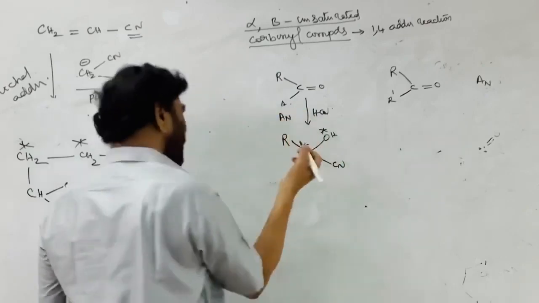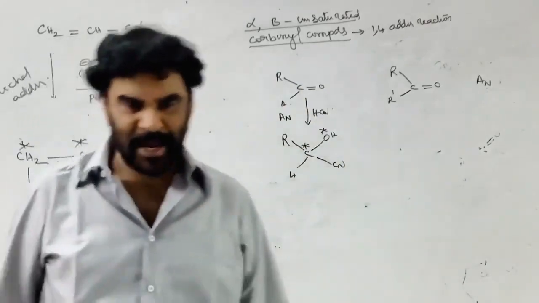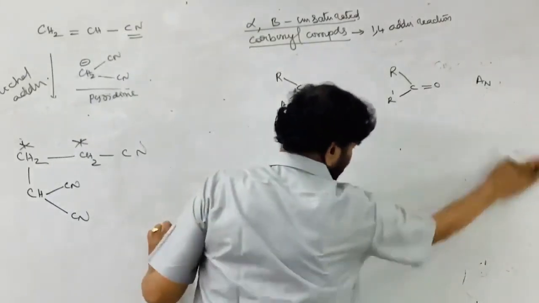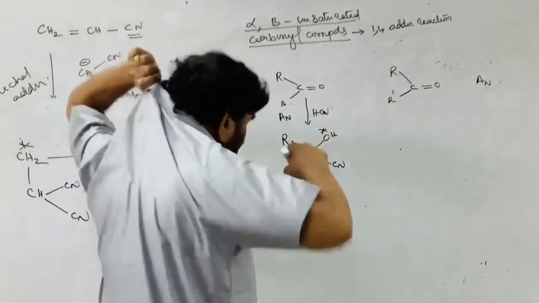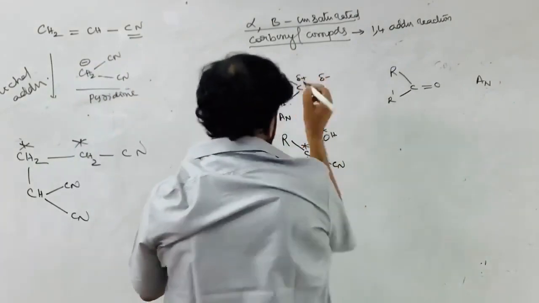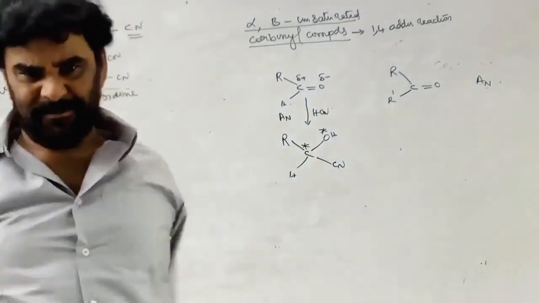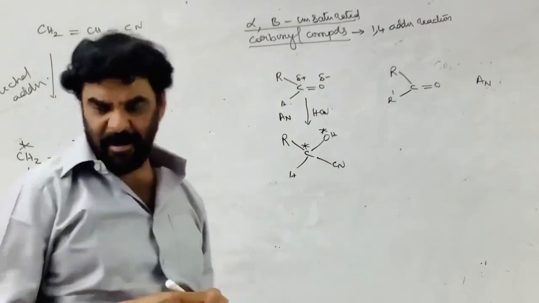AN reaction, and that story you know. It may be aldehyde or ketone. Aldehydes are more reactive than ketones because of the steric repulsions and decrease in the positive charge on the carbonyl carbon. This is the negative charge center. This is the positively charged center. There is no new story at all. We have seen this story for all aldehydes.